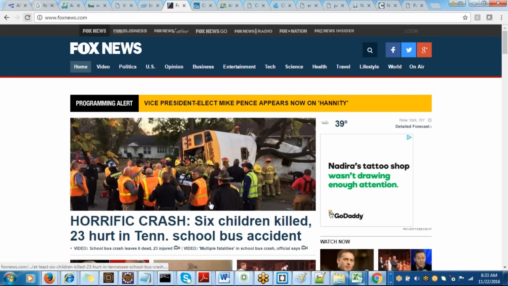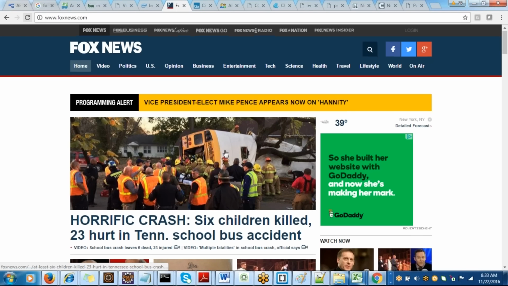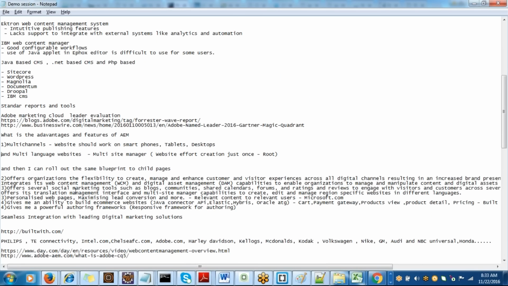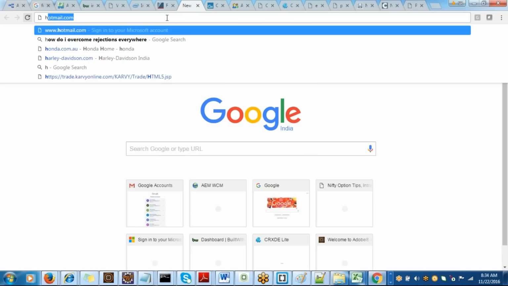What AEM does is, this is called digital asset management. It gives you a centralized console for managing the digital assets. In earlier websites, it used to be a big headache to manage the digital assets. What AEM gives you is, all I need to do here is go to localhost